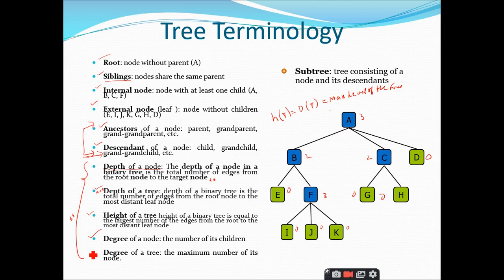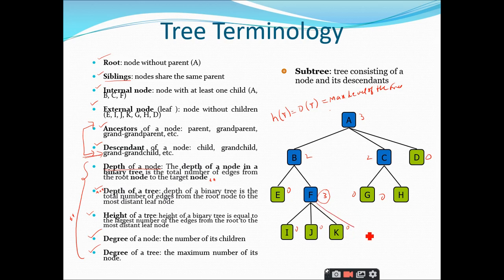Now coming to the degree of a tree, it is very simple. Whenever you want to find the degree of a tree, you have to calculate the degrees of all the nodes and you have to take the maximum degree node. Right? So what is the degree of this tree in this example? 3, sir. So we have two nodes with the maximum node degree, that is A and F. So we have to take that particular node degree as the degree of the tree.